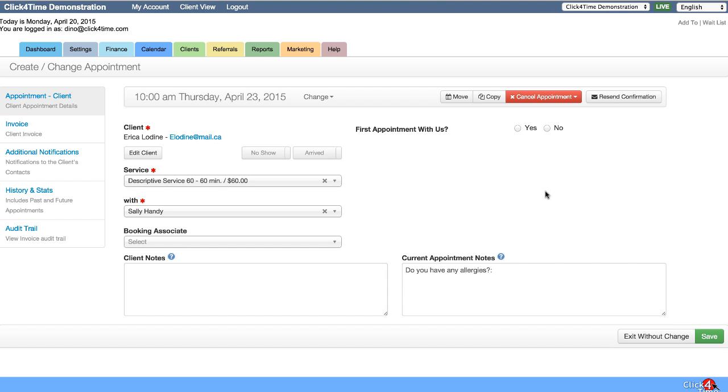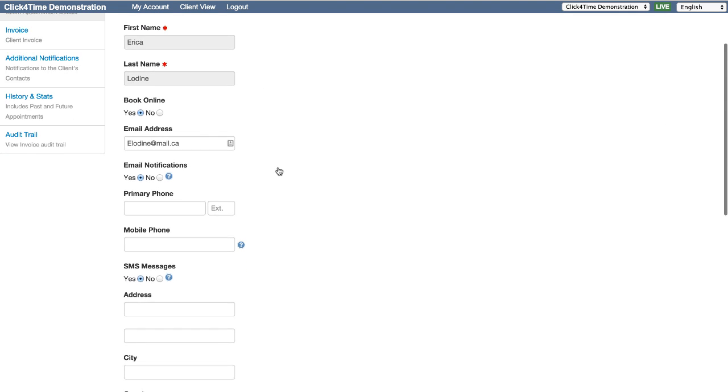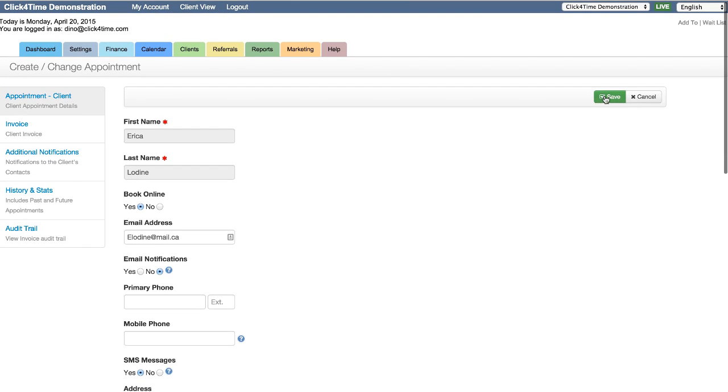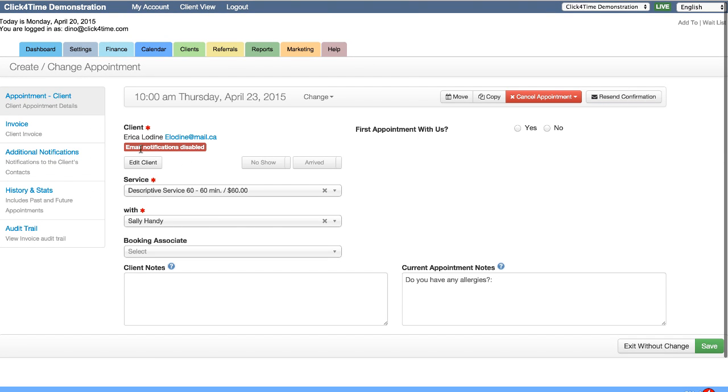There's a few client-specific notification settings that we should look at as well. It may be that a client asks that you not send email and/or SMS notifications to them. Not a problem. In each client's profile, there are settings to suppress those notifications. If you disable email notifications this way, the client will display a notation, "Email notifications disabled." The client also has the ability to choose not to receive SMS messages from their account settings page, if they are a registered user though.